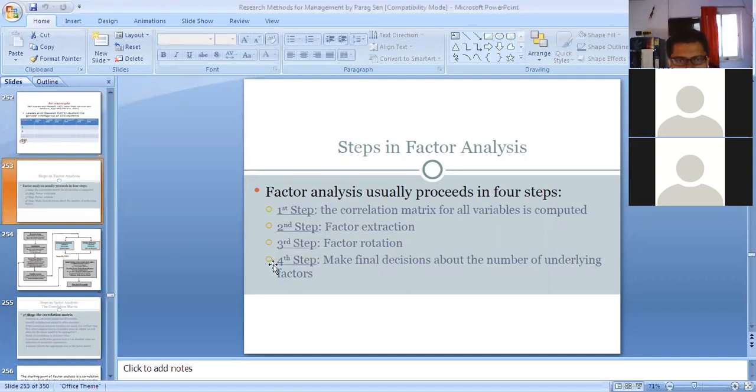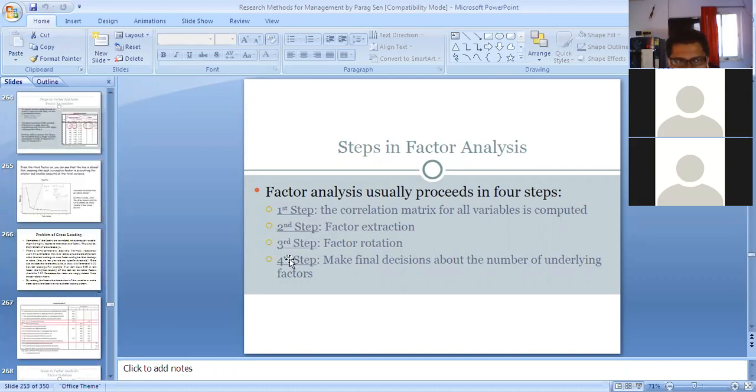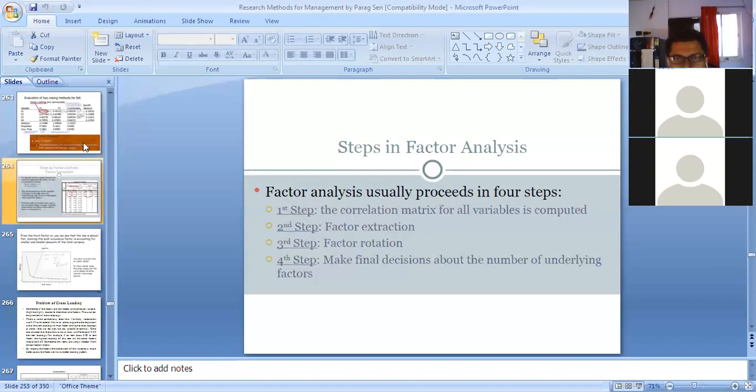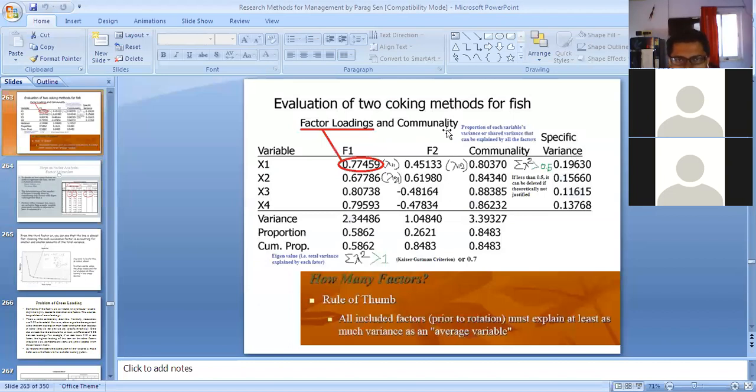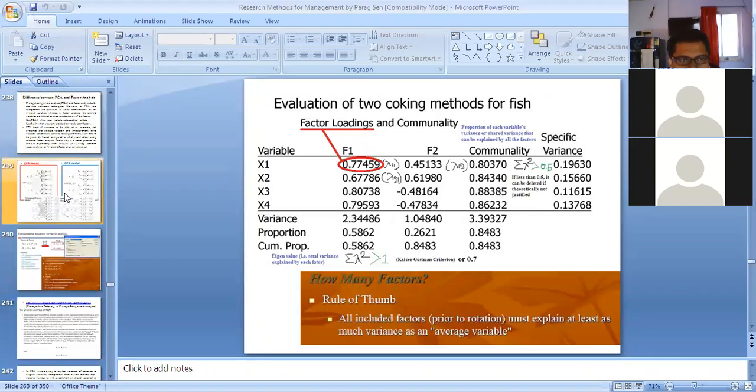If we want to begin from the third step, then we should look at the problems of the factor extraction part. After extracting the factors, you will be getting something like this. I have already told you earlier that this is called the factor matrix.